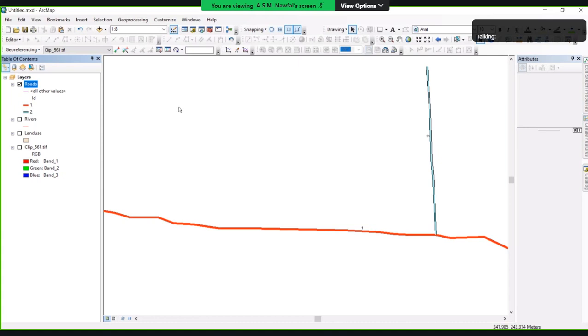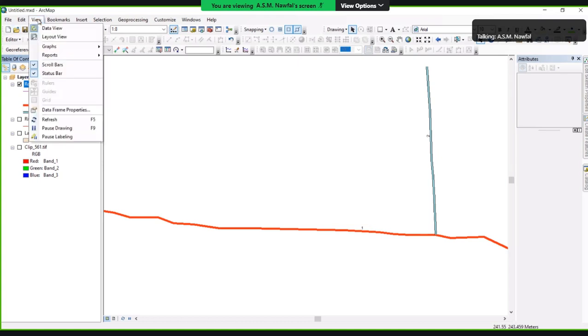Why we use meters is, before we do anything, don't forget, write down this. Before we do digitizing or georeferencing or before we do anything in Sri Lanka, if you are using metric maps,